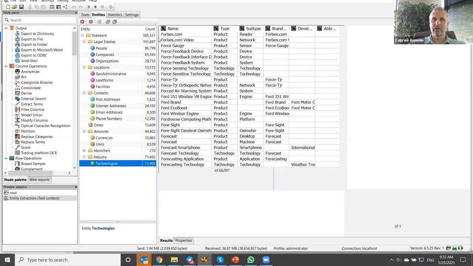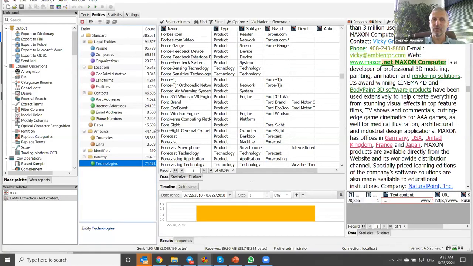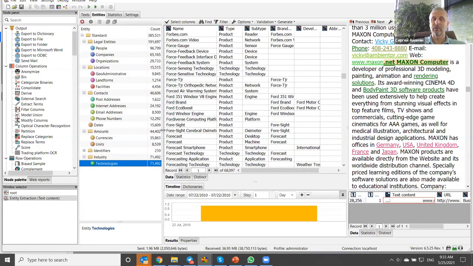This extraction that I'm showing to you is based on linguistic rules. I will show how they are organized, and they can be used either separately or in combination with AI, with deep learning tools based on BERT and LSTM that we also provide.